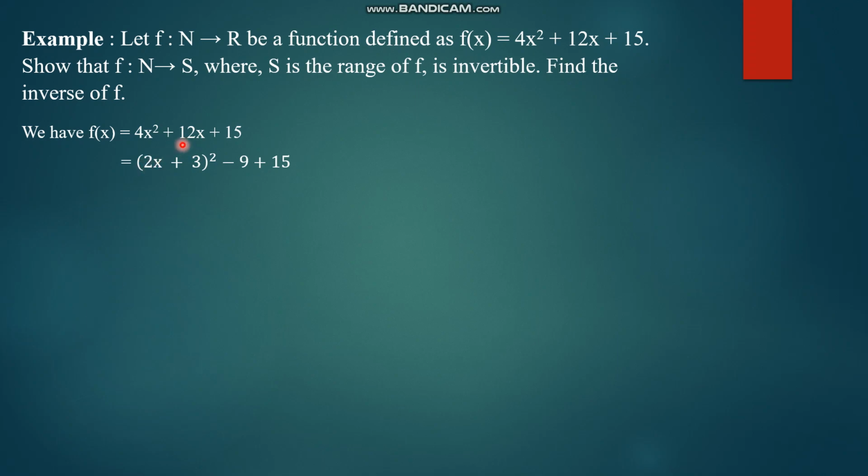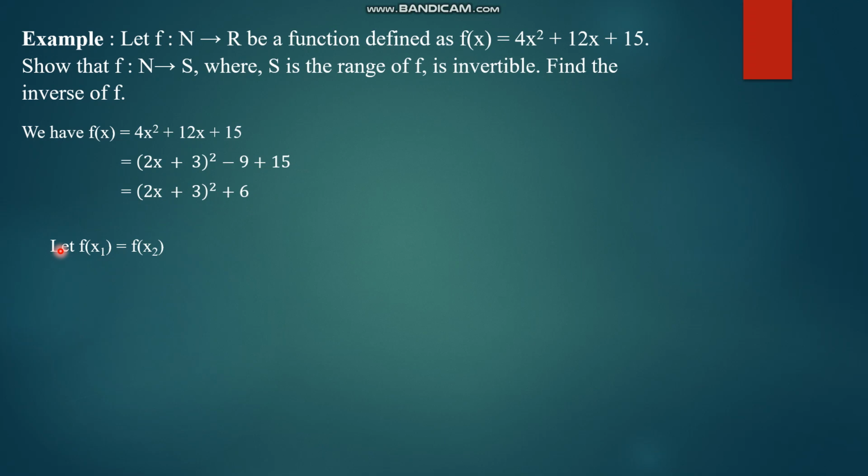That means anyhow we have to divide it by 2, that's compulsory, and if there is any coefficient of x, which is 2 here, we have to divide it by 2 into 2, which is 4. So 12 by 4, which is 3, that we will write here, and we write the whole square, minus, look at this term, this is 3, right? So square of 3 is 9, we have to subtract that number outside the bracket, and 15 as it is. So this is the method, and you get 2x plus 3 whole square. This term is 6.